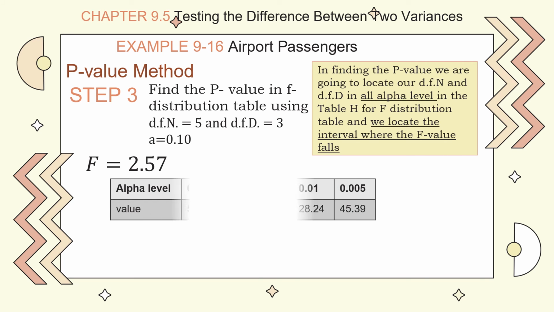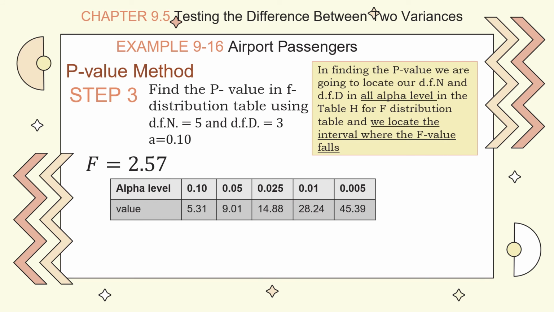Now that we finished listing and locating our two degrees of freedom, numerator and denominator, at all alpha levels in table H for the F distribution table, we now locate our F value,